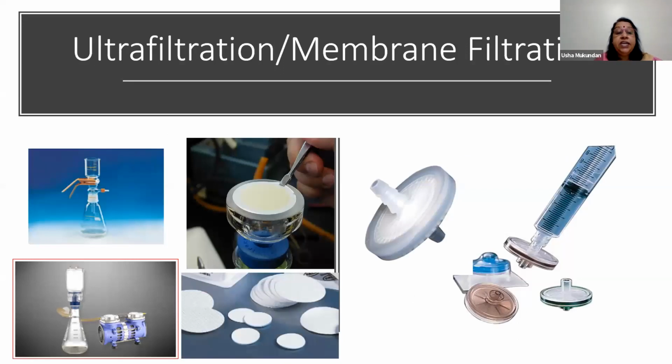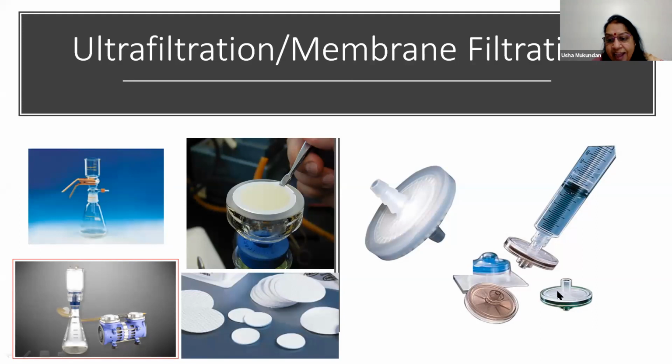Now, if any material is thermolabile, there are certain media constituents like some amino acids or some plant growth regulators, which you cannot sterilize using dry or wet sterilization. They have to be sterilized using a technique known as filter sterilization. So when it is a small volume, say you are going to add only a few ml of PGR, then you use a syringe. Here, of course, I've shown a larger syringe, but you can get a smaller syringe also.